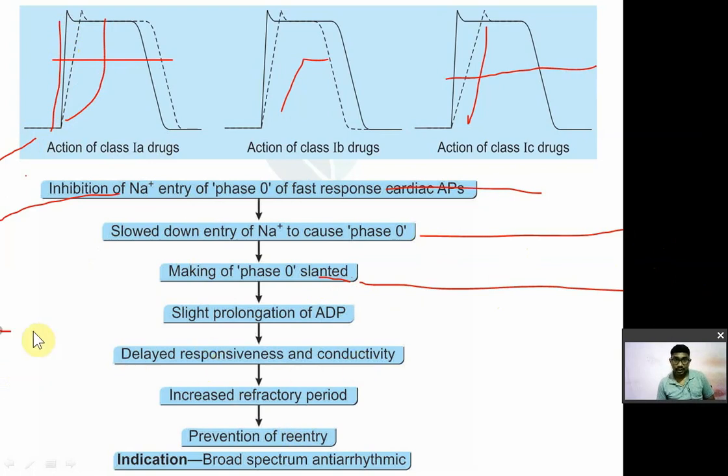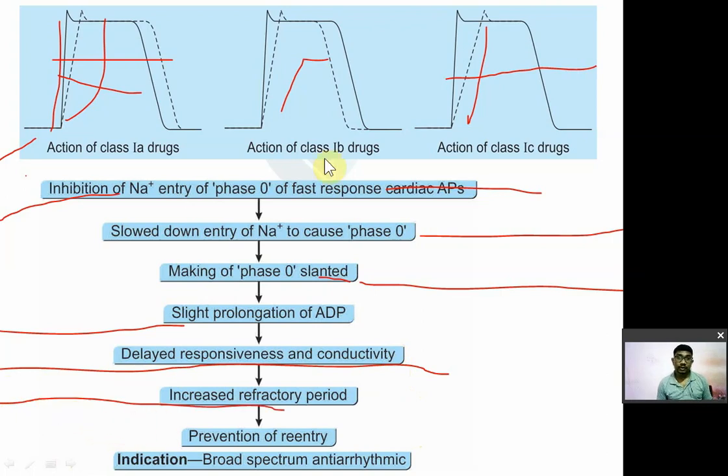And slight prolongation of action potential duration. I said slight prolongation of action potential delays the responsiveness and conductivity. The atrioventricular conduction that is happening, it will reduce the impulse. It increases the refractory period. The total period during which no impulse will be generated, it will increase that refractory period. And it also prevents the re-entry of immature impulse, and it is used as a